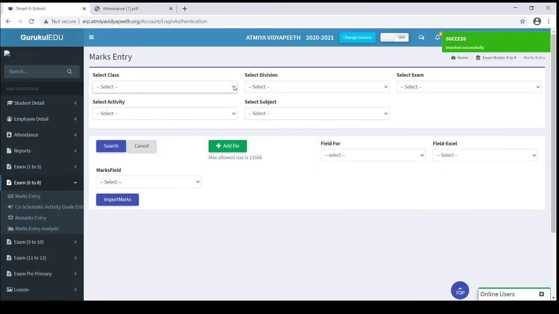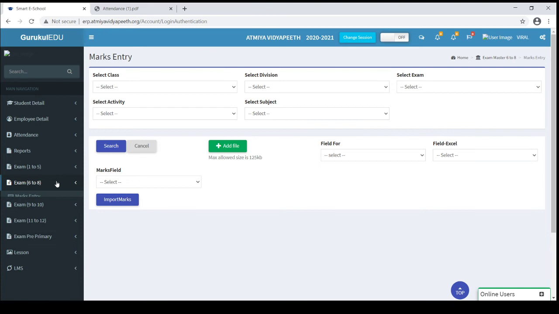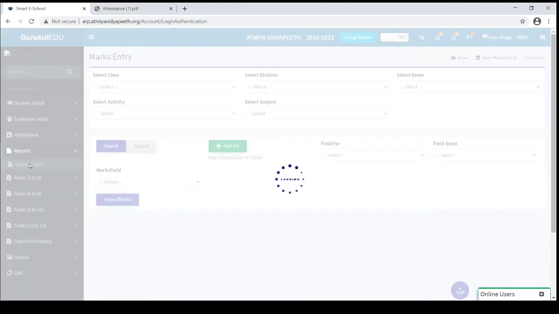So these marks will be saved into the particular exam, activity and subject. Once you have inserted marks, you can download or you can send SMS to the parents for the weekly test exams. We will see it from report detail.